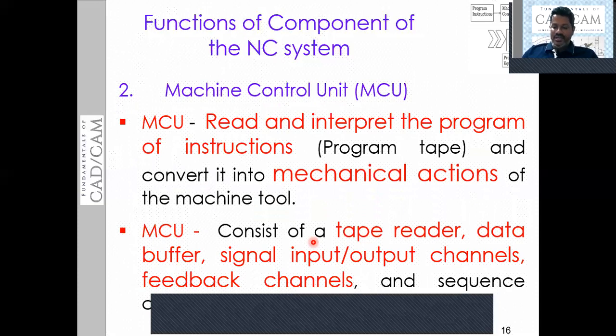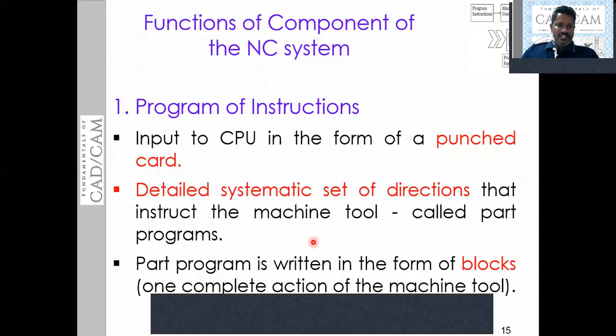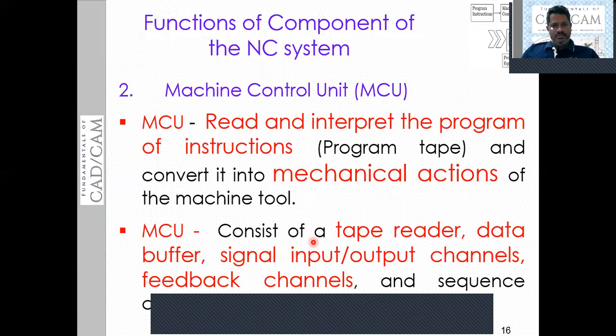After preparing the program of instructions, the NC code is formed on the program tape, punched card, or program tape, which is fed into the machine. The MCU reads and interprets that punched card or tape, then converts that program into mechanical actions which must be understandable to the machine tool.